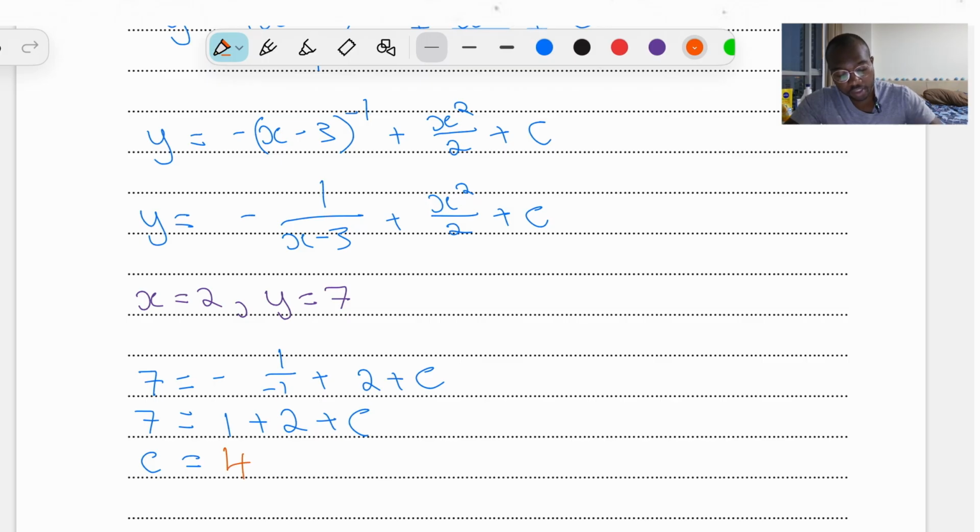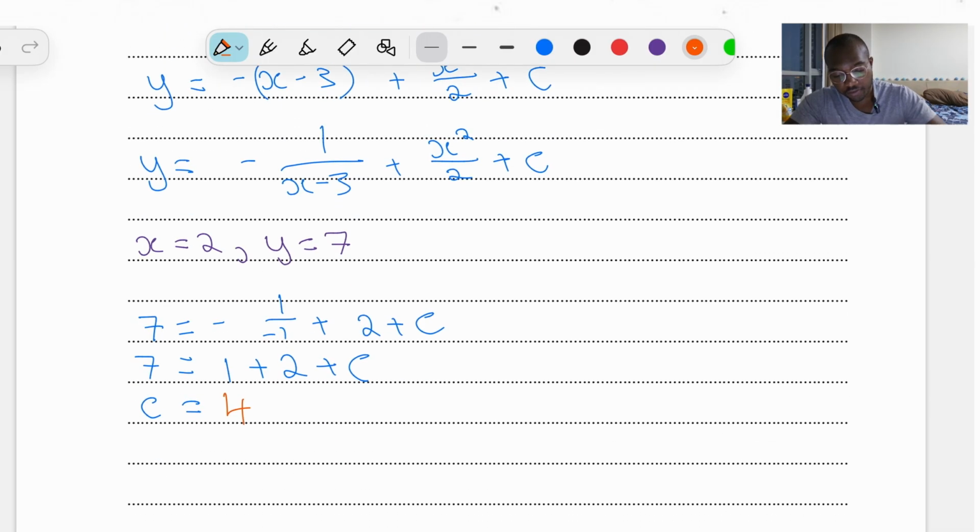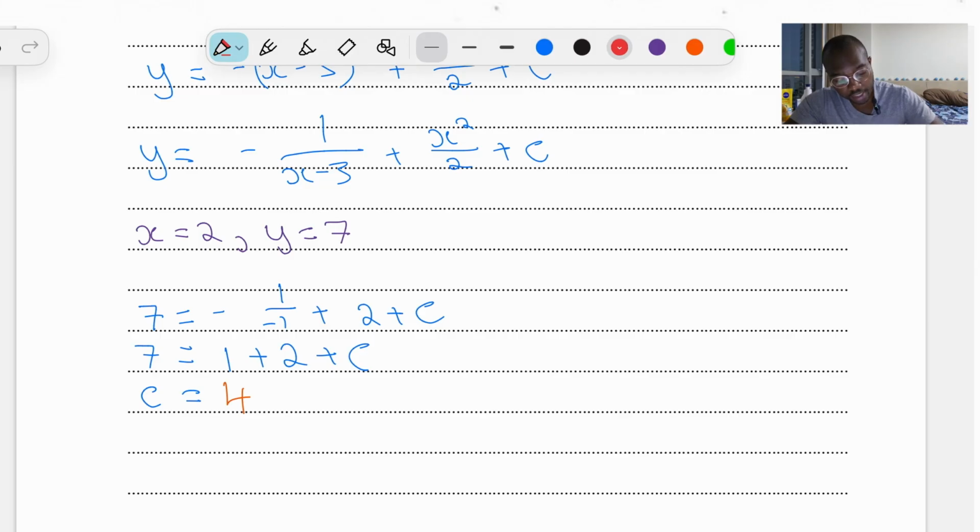And then once we do that, we can just put that as our c, and then therefore we know our equation is going to be y is equal to a minus 1 over x minus 3 plus x squared over 2